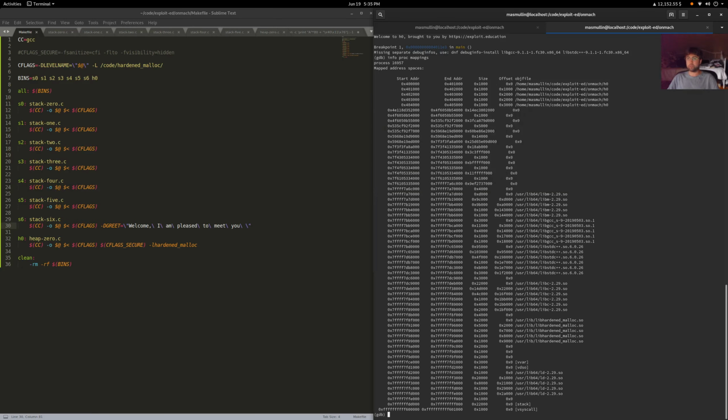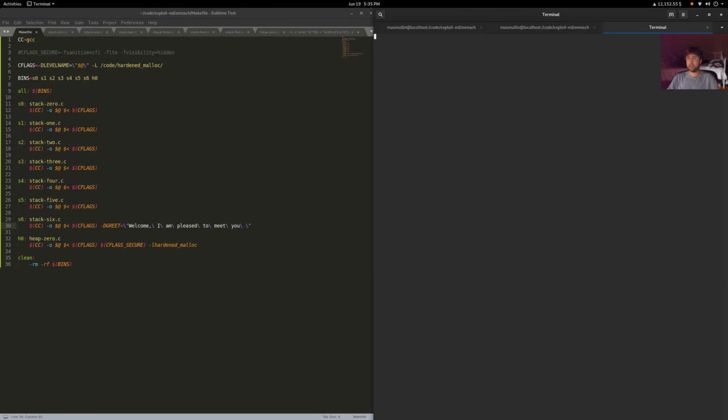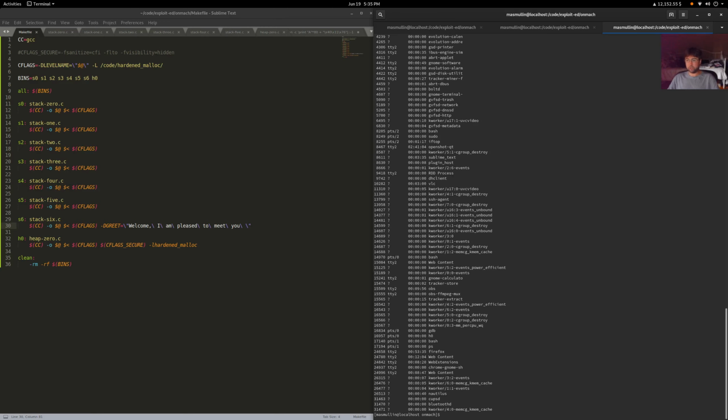And you can see this is what hardened malloc does to your mappings. It gives you the spot that you're going to be using for the allocations, and it also puts up some guard areas around the specific mmap that you're using. And to get a little bit more information about the mappings, we can do a cat on /proc, the PID number, and the maps file,